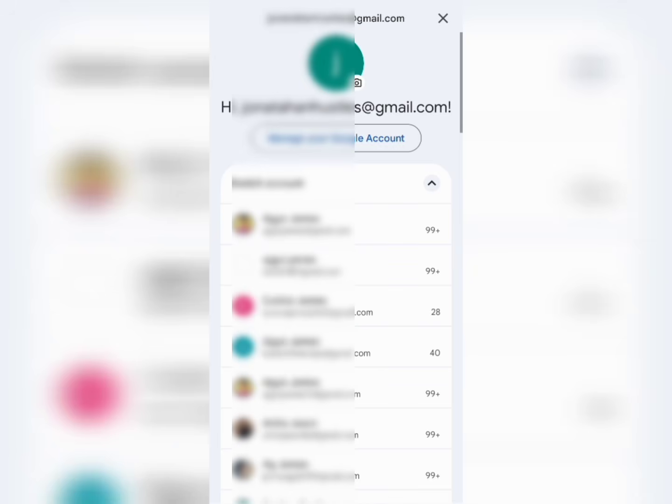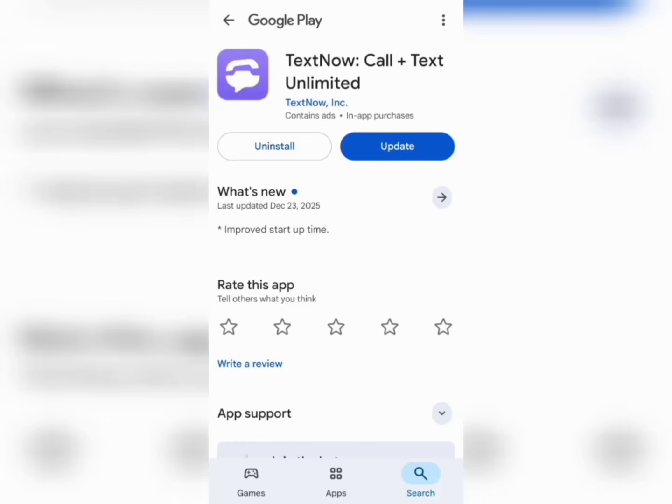Now you can start creating the US phone number. There are many apps that you can use, but for today I will be using this app called TextNow. I will soon share other methods of getting US phone number, UK phone number, and many other foreign phone numbers